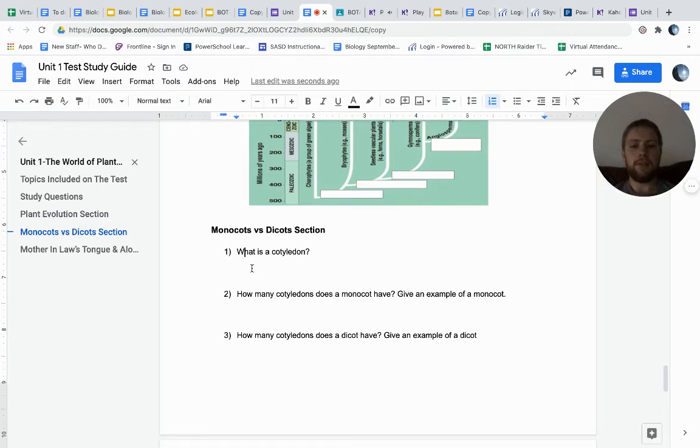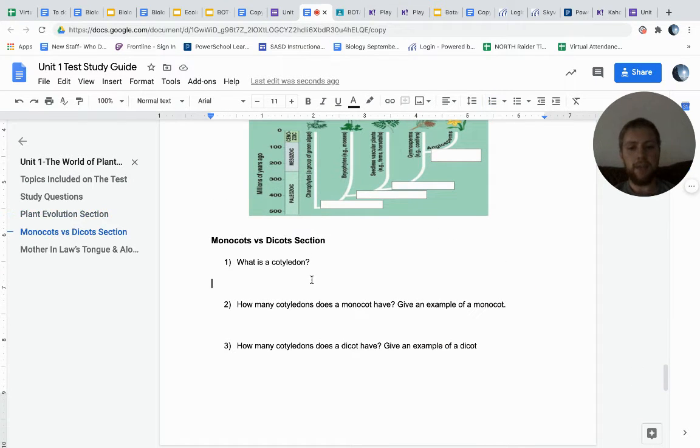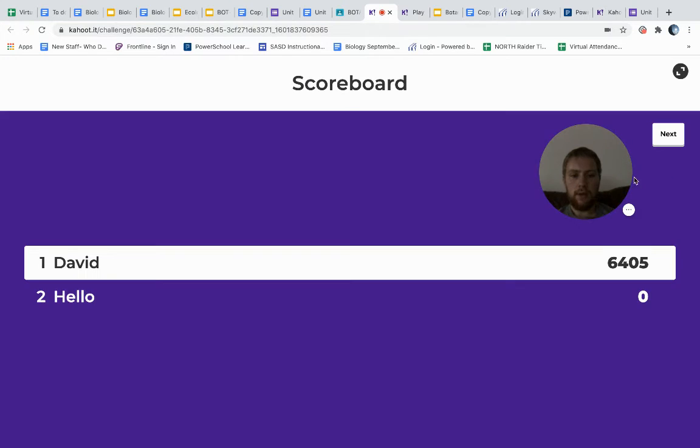These I don't have as multiple choice just to save space so we could get this onto 6 pages. So make sure you can type in as you go. Embryonic or baby seed leaf, so on and so forth. I would do that. Definitely do that as we're going through. Okay. Next up,